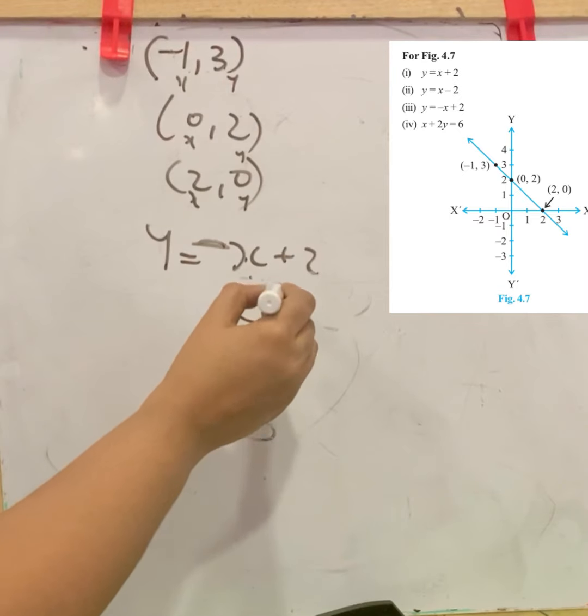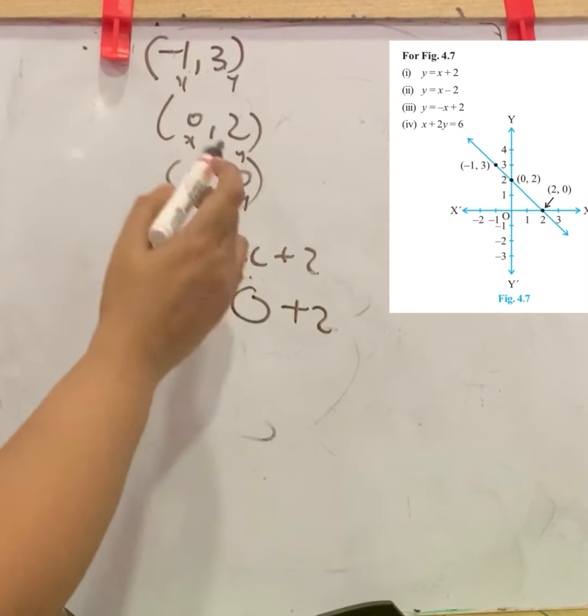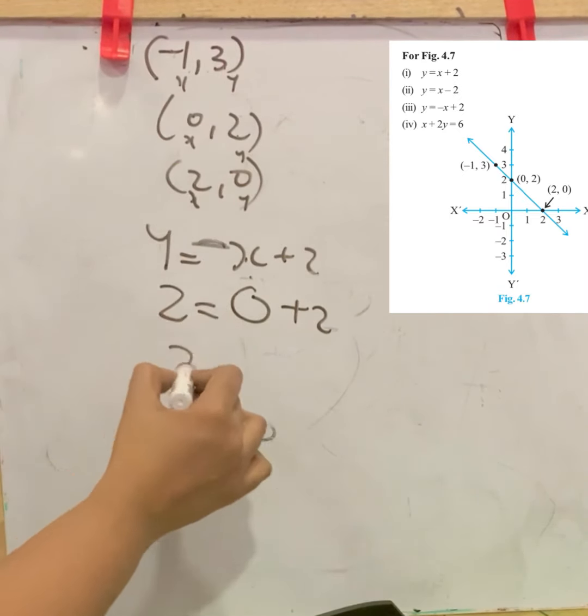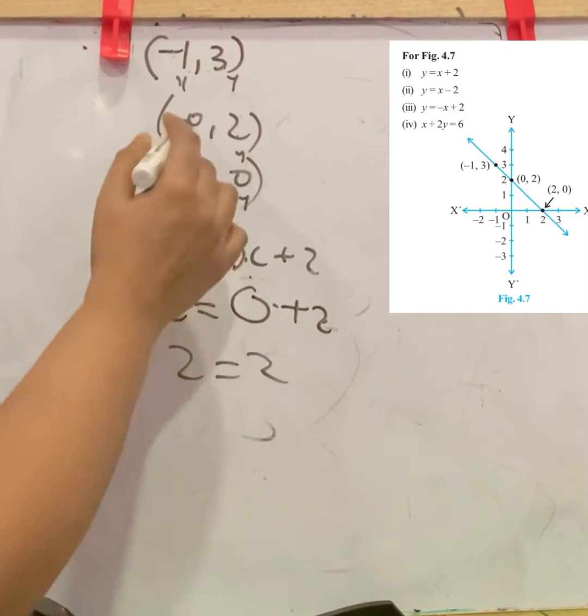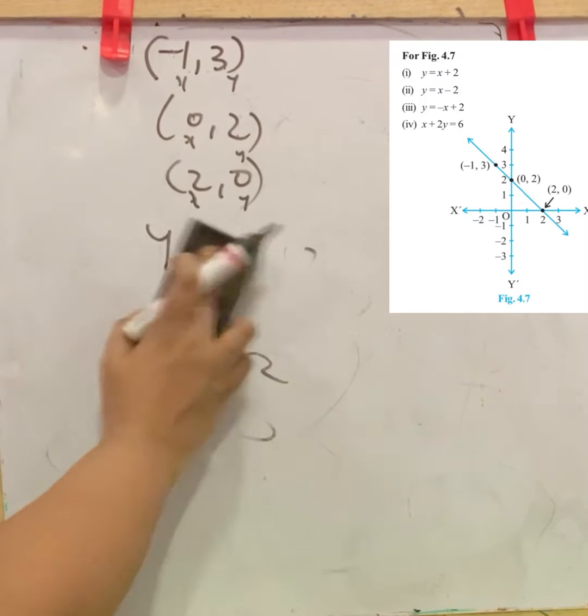X is 0 plus 2. Now y is 2. Yes, 2 equal to 2. It satisfies this one also. Now next is